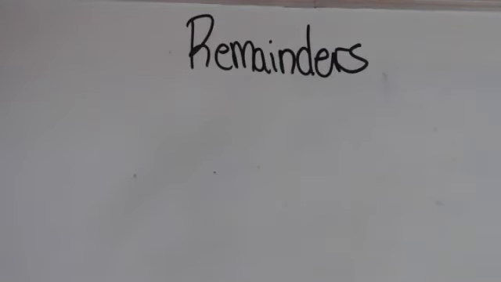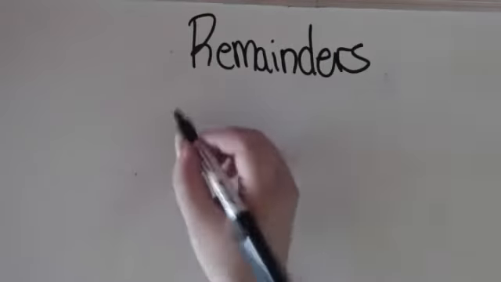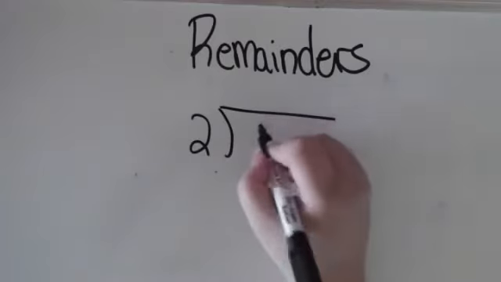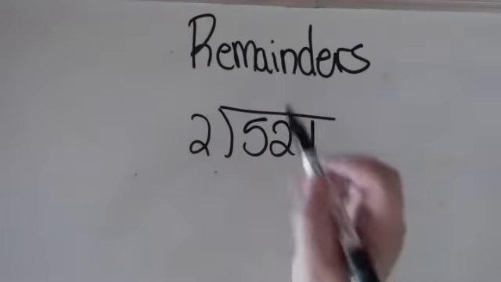All right, today we're looking at remainders and everything to do with remainders when we're looking at division. So if I have the division question 2 into 521, okay? 2 goes into 5